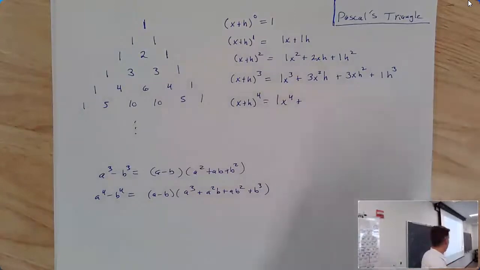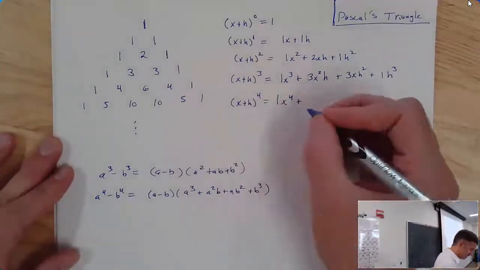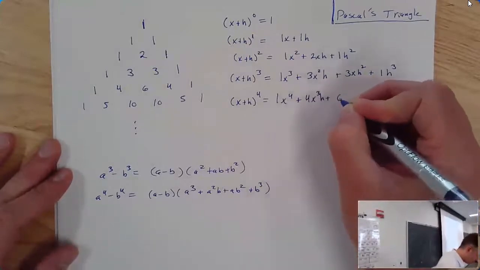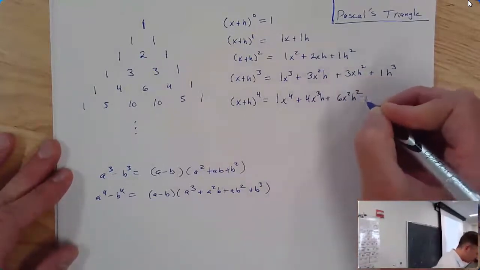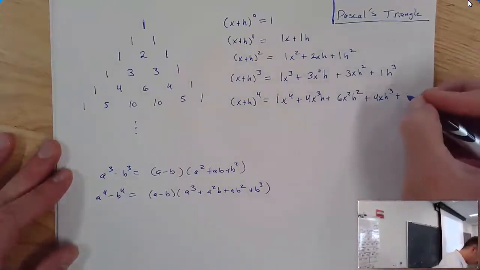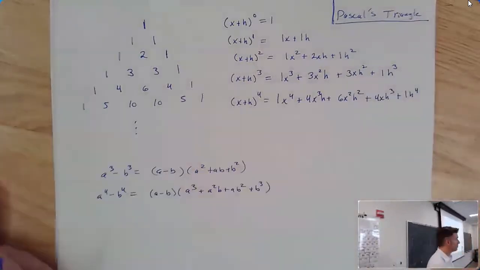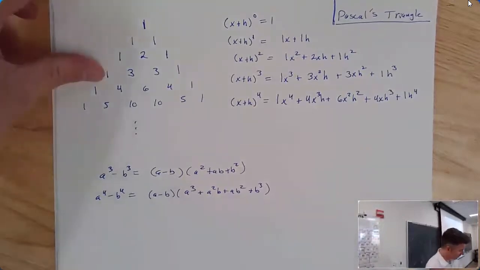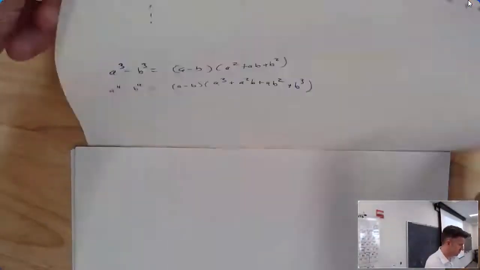Right, exactly. I don't want to FOIL out x plus h times x plus h times x plus h times x plus h. That's a horrible pain, and I don't need to because I can just do this. I can say it's 1x to the 4th plus 4x cubed h plus 6x squared h squared plus 4x h cubed plus 1h to the 4th. It's cool, and so on and so on. So when someone asks us to find, say, the derivative of x to the 4th,